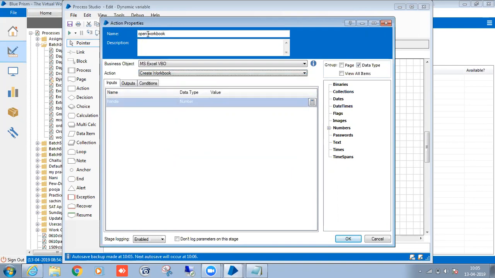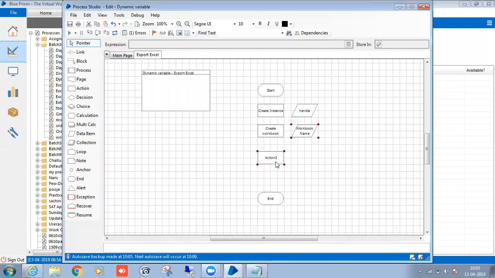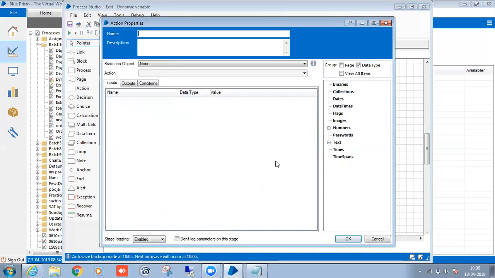Because we are creating the Excel. Then write collection.